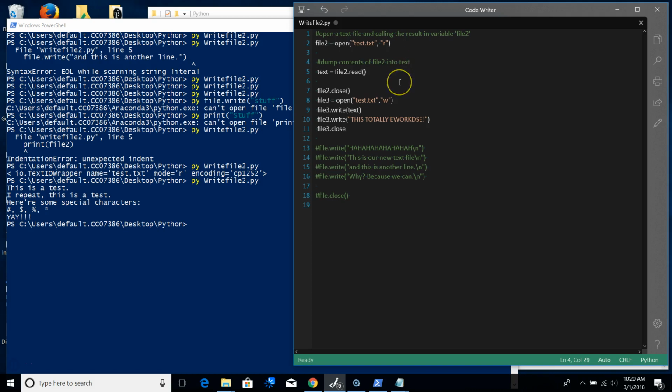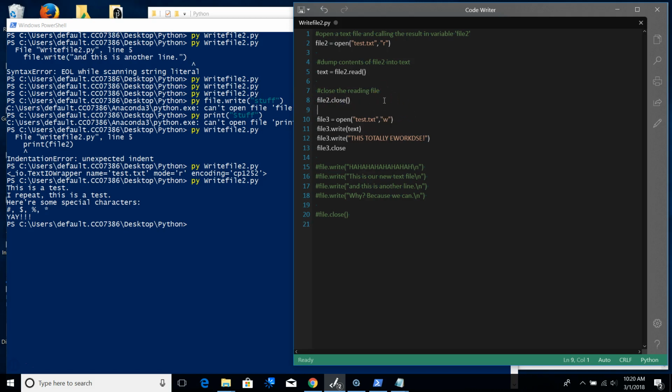Right, so I'm going to dump the contents into a variable so I can keep my hands on it, basically. And then file2.close is going to close the reading file. I don't know why my indents got all jacked up there. So I'm closing the reading file, and then my next step is going to be to